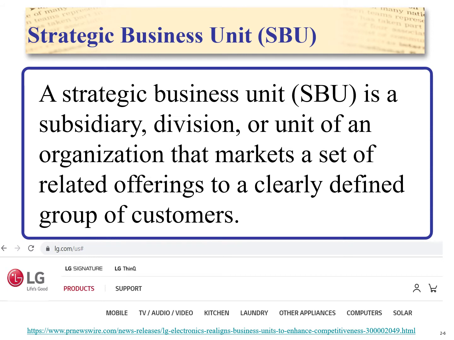So basically, what LG is going to do is create these subsidiaries or divisions or units in the entire LG organization. They're going to create these small divisions, small units, and call them strategic business units.